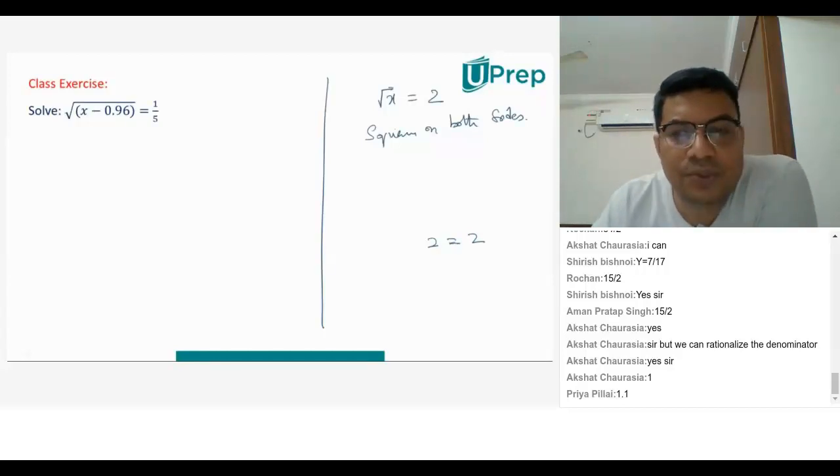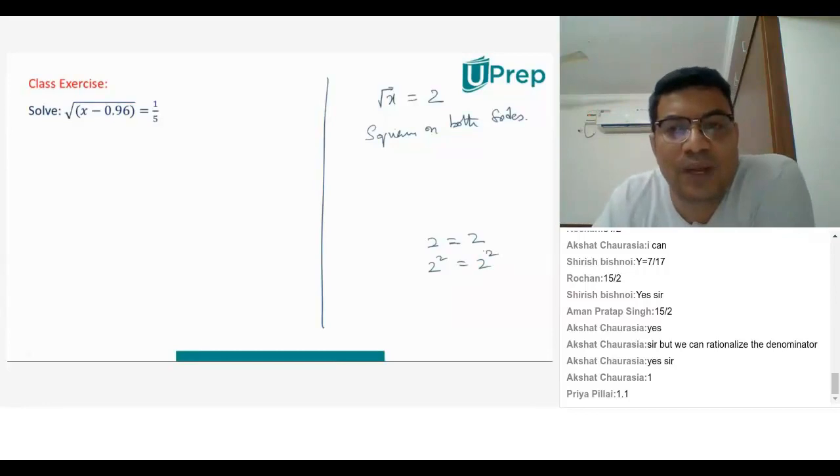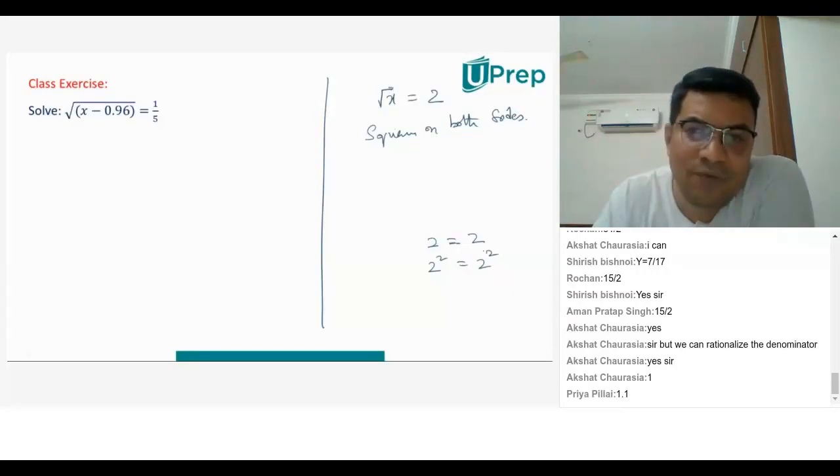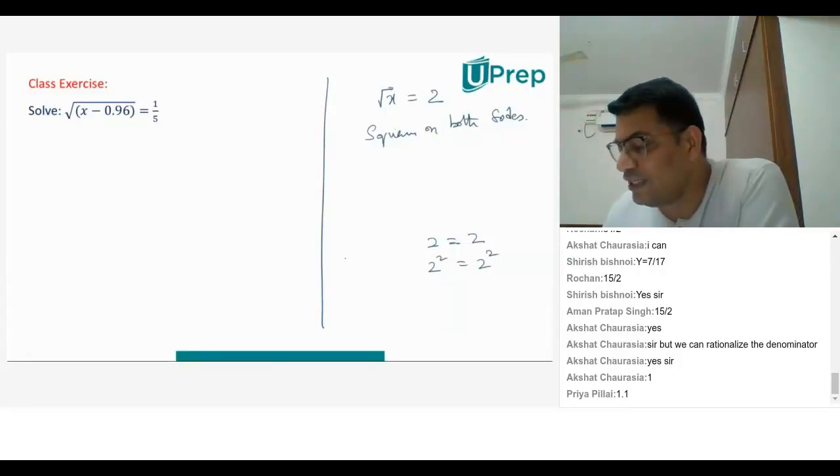Yes. If I square on both sides, 2 square is equal to 2 square. 2 square is 4, so the left hand side becomes 4 and the right hand side also becomes 4. Can I say they are equal? Yes, they are. Now if I have 3 is equal to 3, squaring,